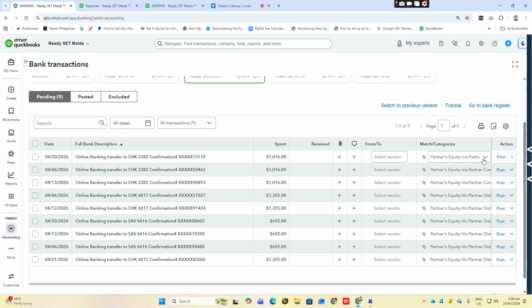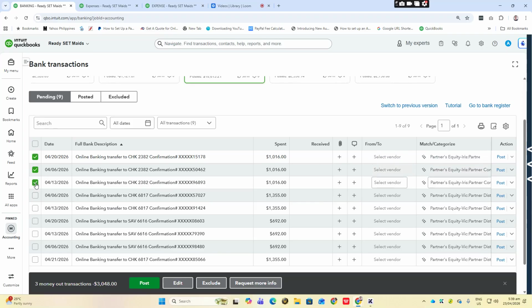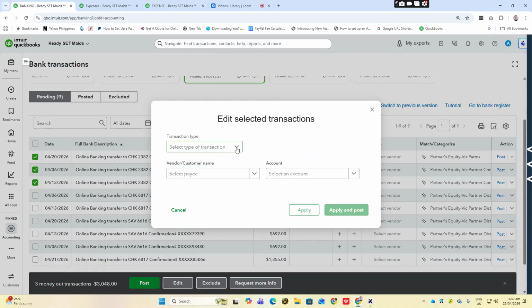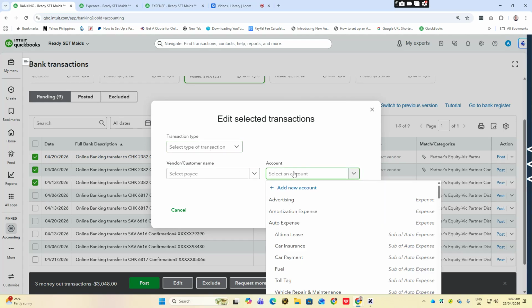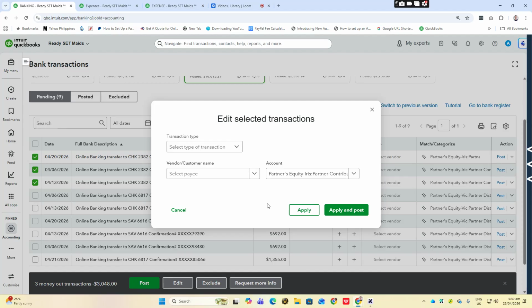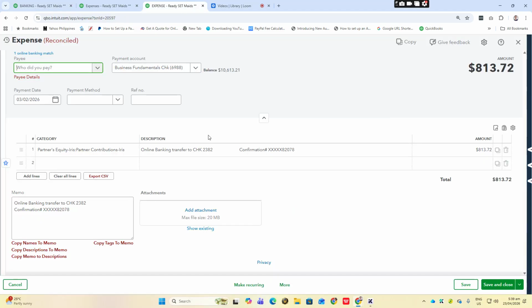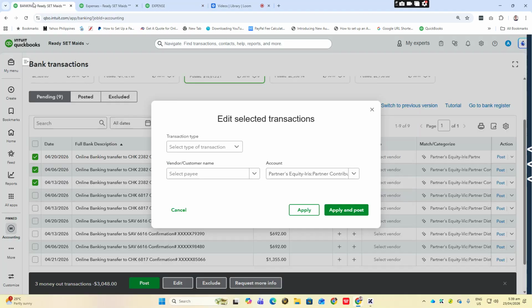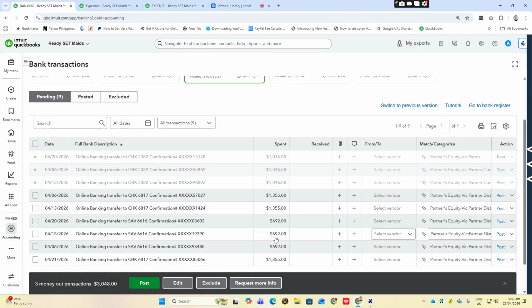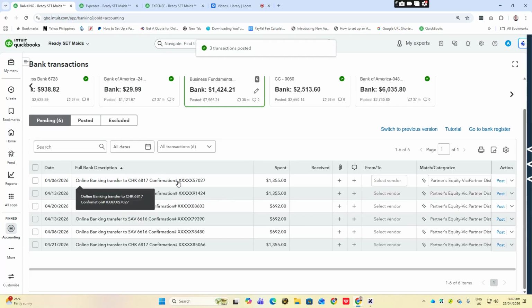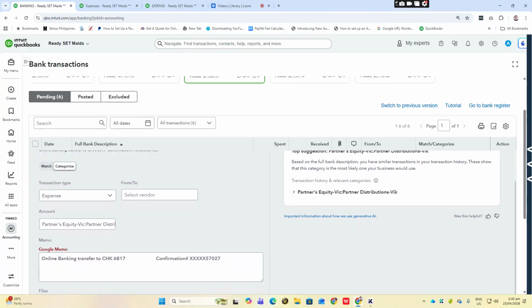So partners equity contribution IRS first 2382. Partners contribution IRS. So online banking transfer, partners contribution IRS. Okay. So we still have 6817.